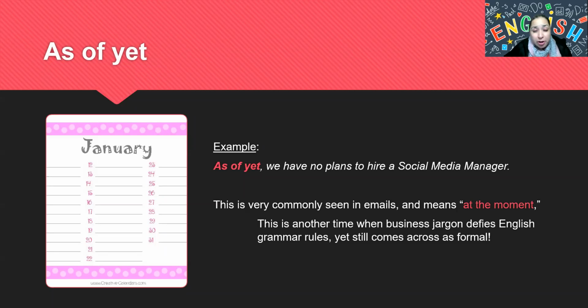And it sounds formal, but it's totally against grammar because you don't mix as and yet in the same little phrase. You need more words in between to make sense for grammar, but it makes sense as a full phrase just because it's used in business, as of yet.